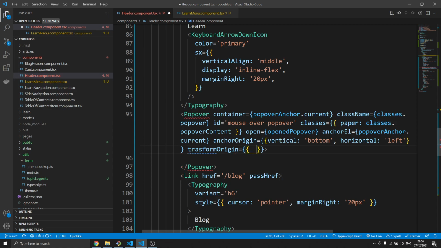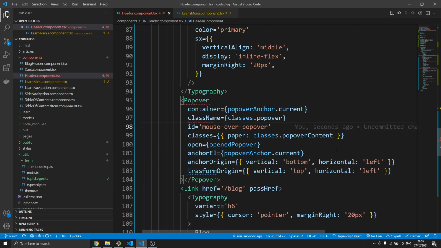And in this case, we'll have the same sort of thing here, but the vertical will be the top and the left. And then finally, let's just save that to refactor it. And then finally, we can have our